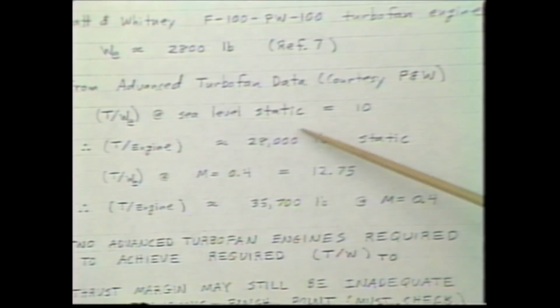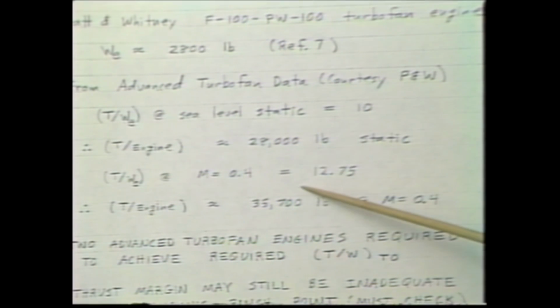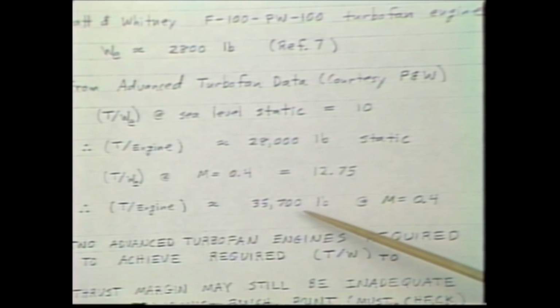So 10 times 2,800 is 28,000, which would dictate a minimum of 2 engines to have a reasonable takeoff capability for a plane. So we've started there. We'll find out later that at the thrust, the transonic pinch point, that's not going to be big enough. We'll have to increase that. But for now, that's all we know. That's all we've done. So we've got 2 engines